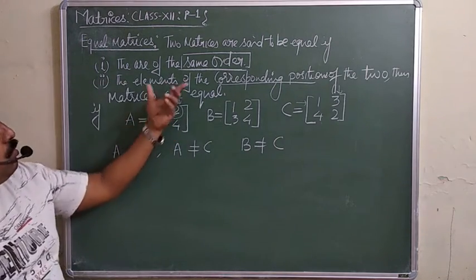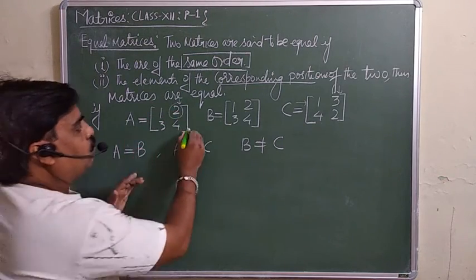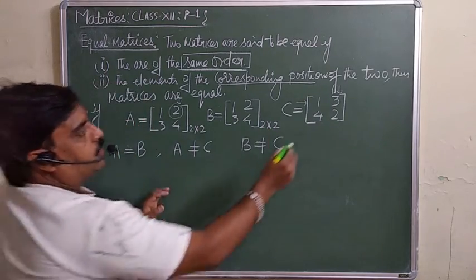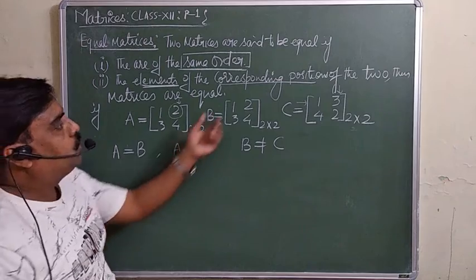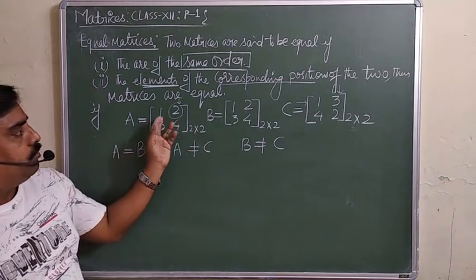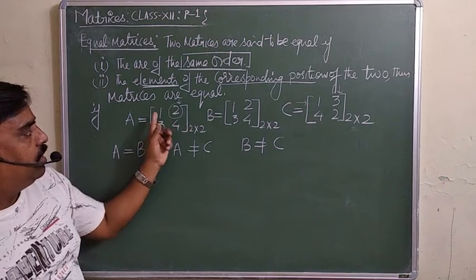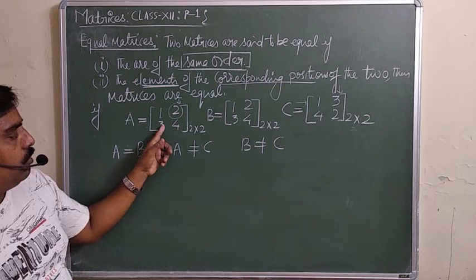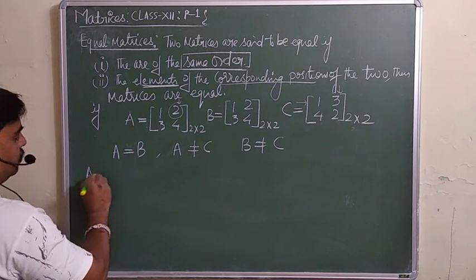So to become equal matrices, the order should be the same. This is a 2 by 2 matrix, and this is also 2 by 2, and this is also 2 by 2. But the important point is that the elements in corresponding positions should be equal. Here is 1, then here is 1. The first row, second column element should be the same. The second row, first column element should be the same. Likewise. Now the addition